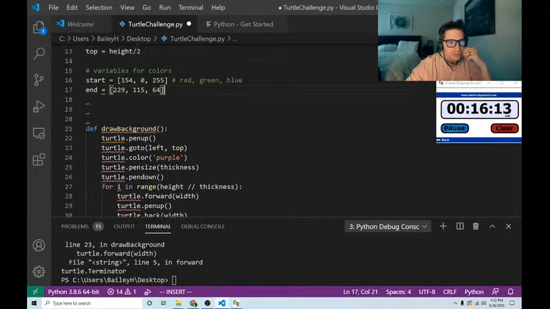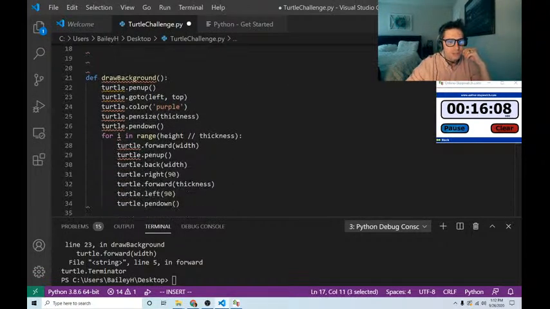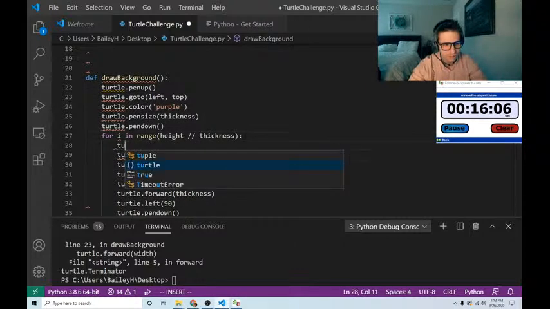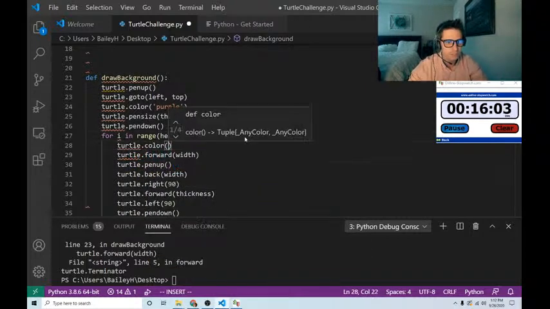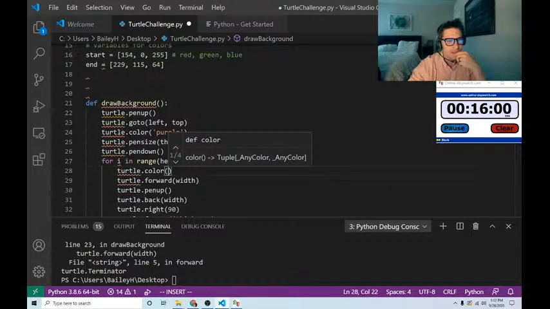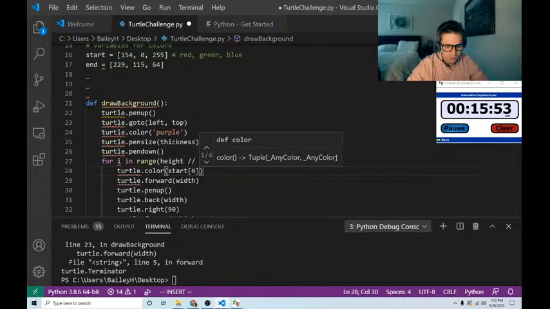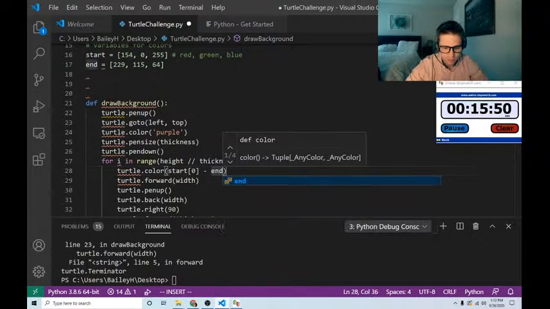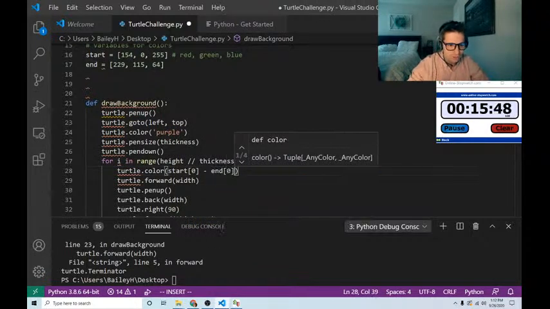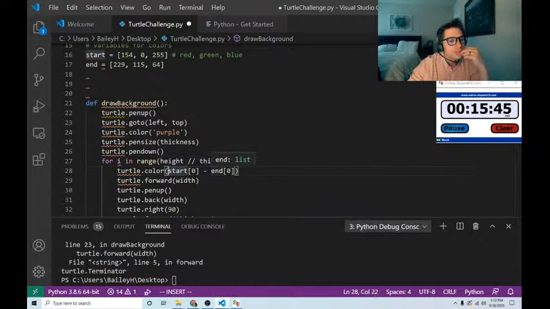Okay, so what I really want to do is go from 154 to 229 on the red. So before I do my stroke, I want to do turtle.color, and then I want to say, so start at 0, that's my start red, minus end at 0. So that's the, let me think. I want to end up at end, actually. So how about,